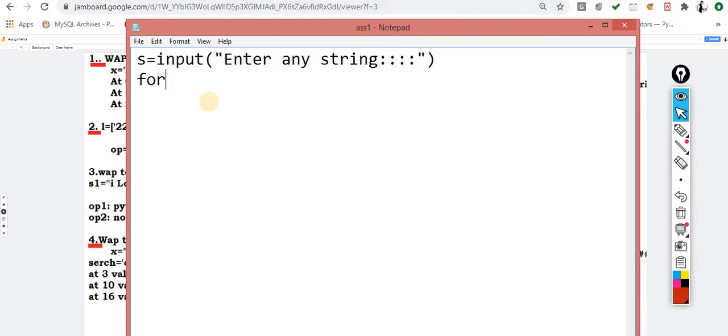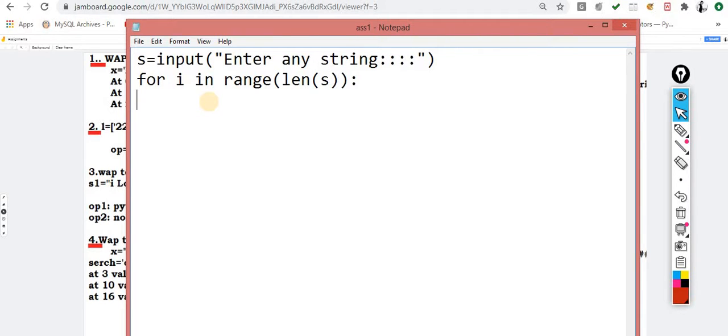For that, what I am doing: for i in range of len of this s.